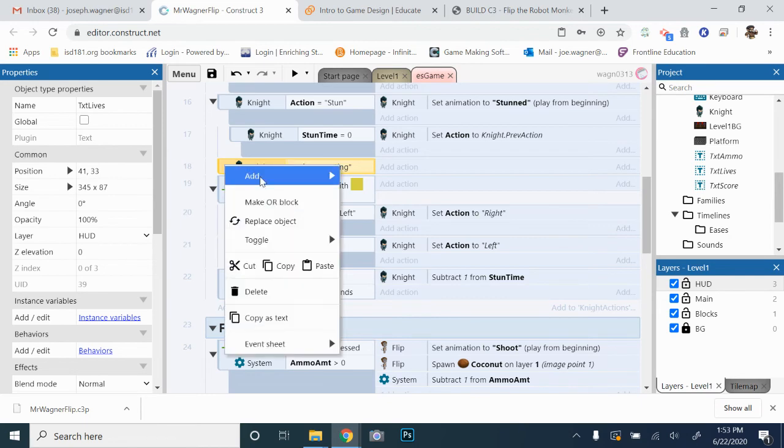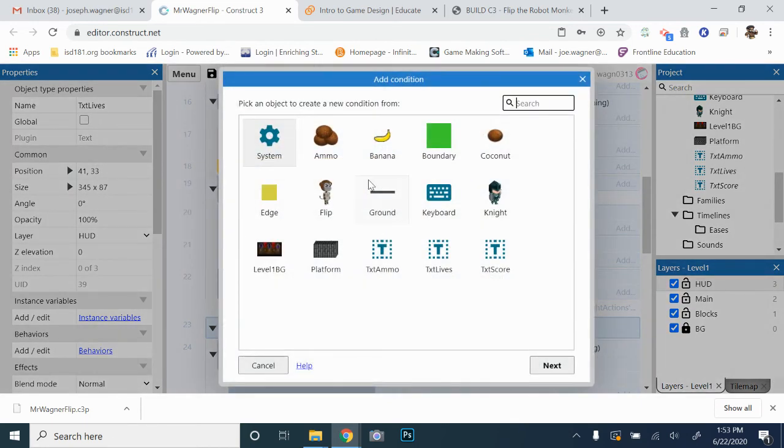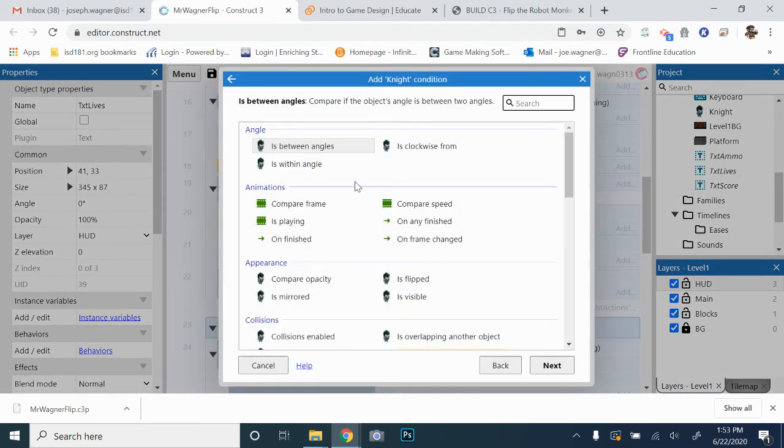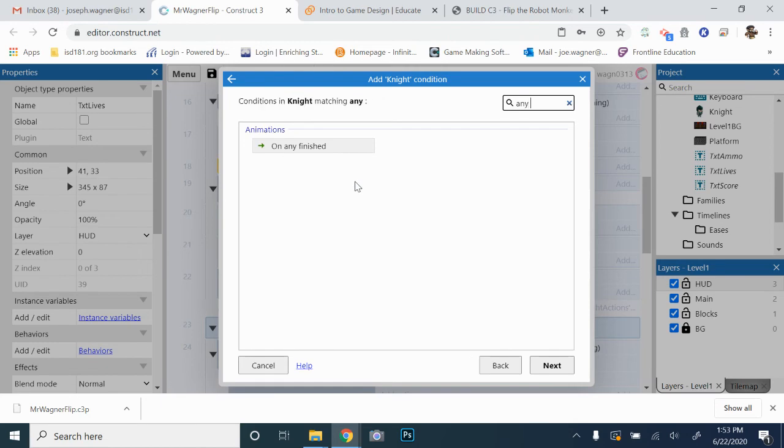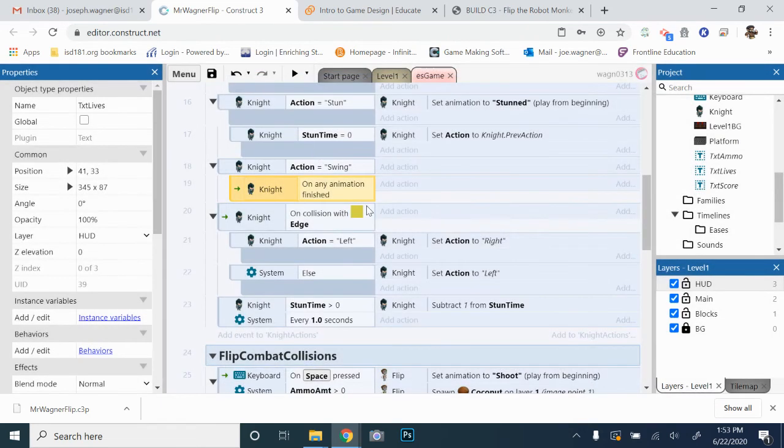So I'm going to right click and add a sub event here. And we're going to do knight. And rather than specifying that his attack animation finishes, we're going to say on any animation finished. So this is called On Any Finished. And then basically when he finishes any animation after he's in his swing action,